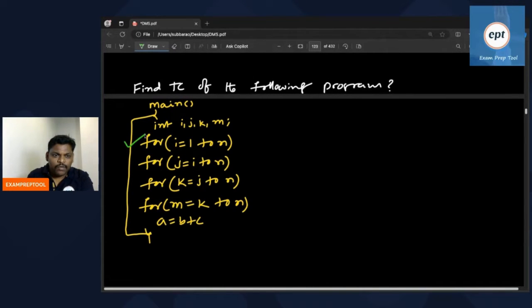There are 4 for loops given: 1, 2, 3, 4. They are asking what is the time complexity of this program. If you observe this clearly,